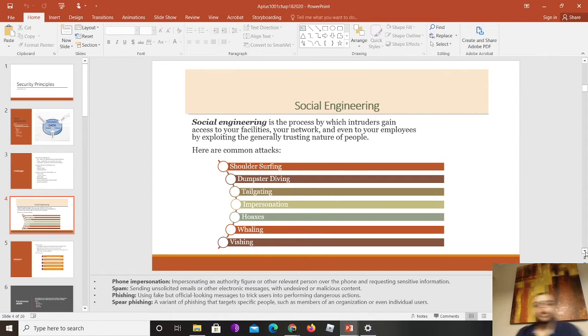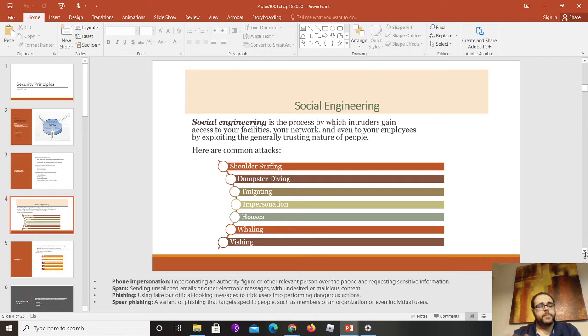Some of the common attacks related to social engineering are shoulder surfing, which is basically somebody going behind you as you're typing something on the computer and reading what you have on the screen or seeing what you're typing. Dumpster diving, which is when you put the organization's trash out on the curb, and by law, anybody can go and grab your trash once it's on the curb. So basically, that's what dumpster diving is. Somebody will physically get your trash and try to piece together some documents.